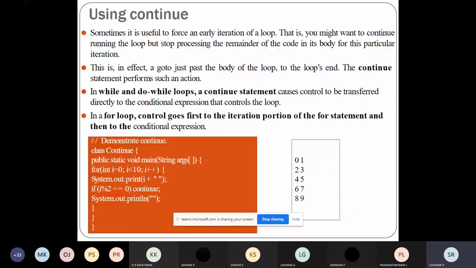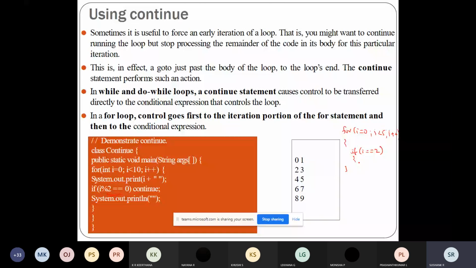See how continue will work. For example, I've written a statement: for I equal to 0, I less than 5, I plus plus. If the value of I is 2, I'll call the break statement.